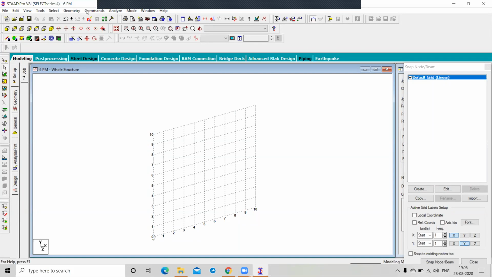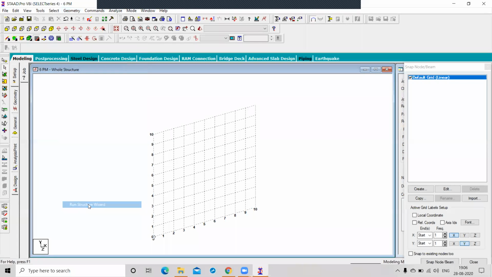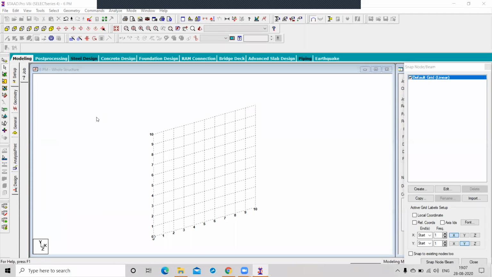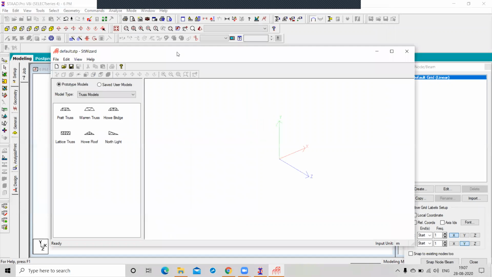Yes, very good, Vibhuti. You can click on the run structure wizard. So this is your run structure wizard window.